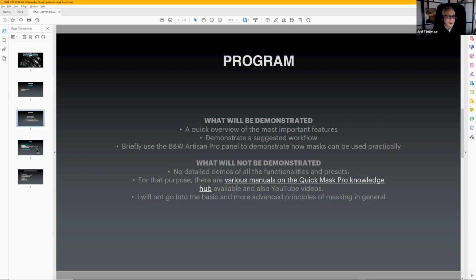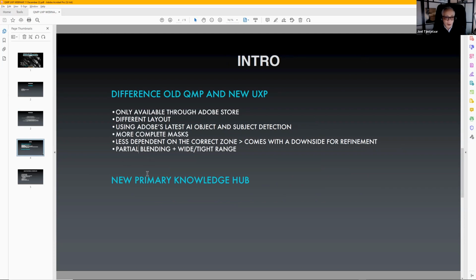So let's get started. This is what I'm going to be doing. First of all, I'm going to explain the differences between the old Quick Mass Pro and the new version. As you may know, if you already have the old version of the panel, that was also available through my web store. Now the new UXP version, and the same applies to my Artisan Pro panel, can only